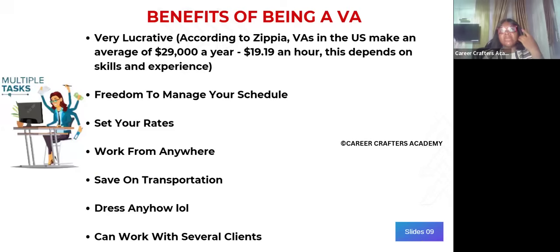But being a virtual assistant, every time you are working on a task, you are earning, right? So you can also set your rates. One beautiful thing about working remotely or working online is that your rates would keep increasing. Your rates can keep increasing even if your salary does not increase. Let me give an example.